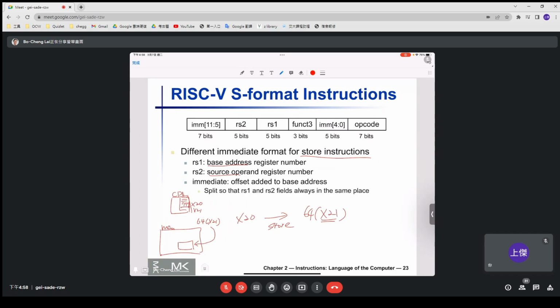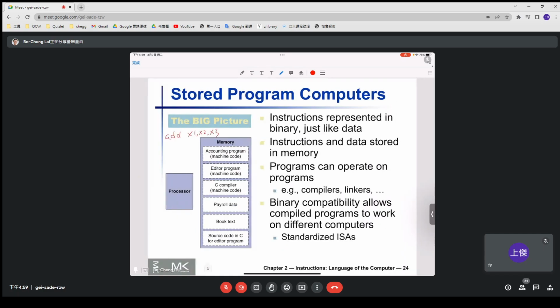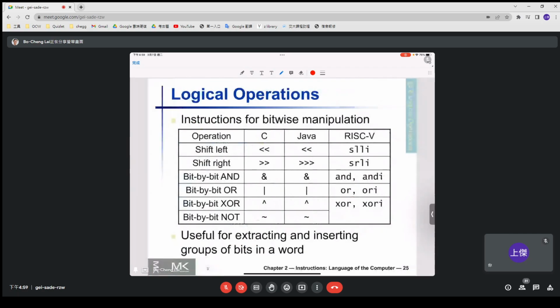After I translate it into machine code, all the processors can understand what you want to execute. 只要是 RISC-V 的处理器，支援这个指令集的处理器，它都可以看得懂，都可以执行。这个叫做相容性，compatibility。